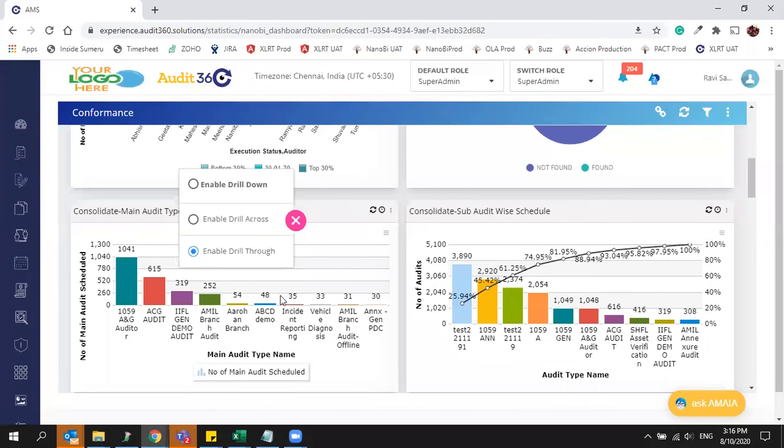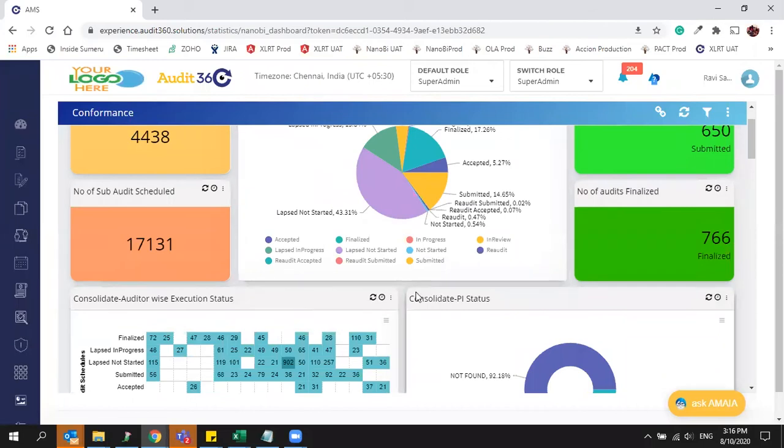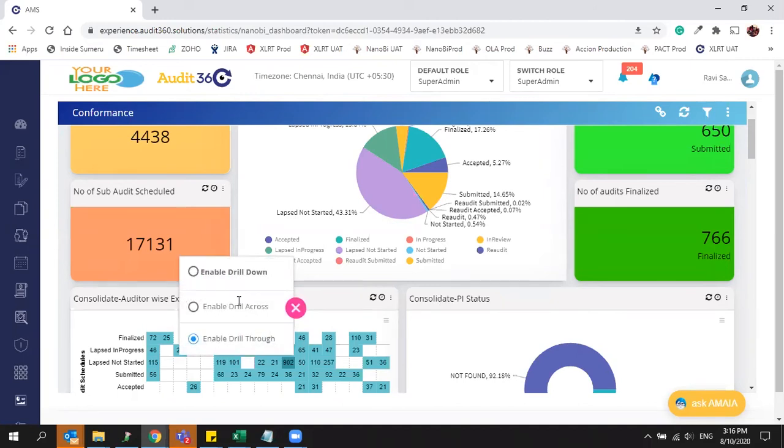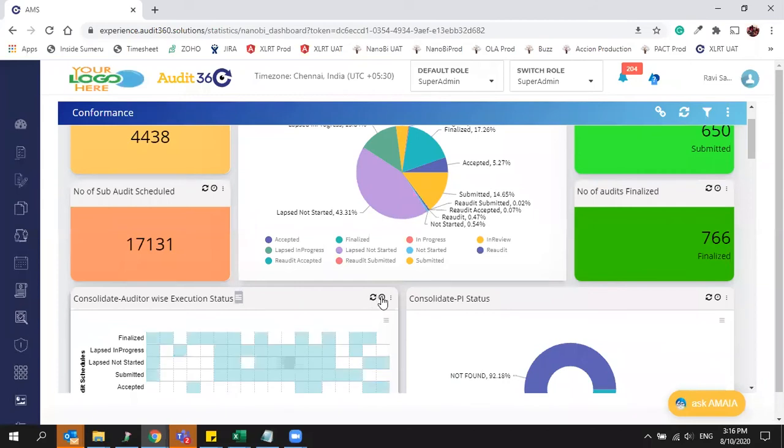In this dashboard, as a default user, all users will get this drill down, drill across and drill through. They can download the data and they can see that data. They can do analytics using the drill across. They can go with the drill down. So all these three particular features, as a default user, you can use. Then again, you will get the analytic level refresh button, and there is a time period option also available.